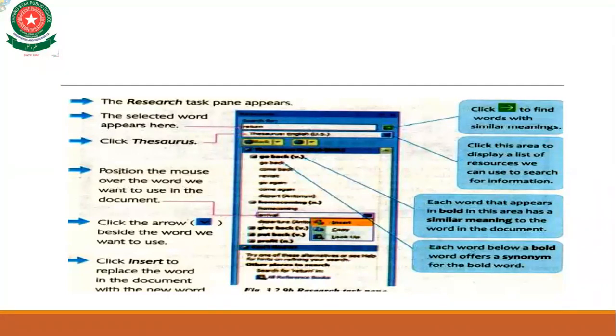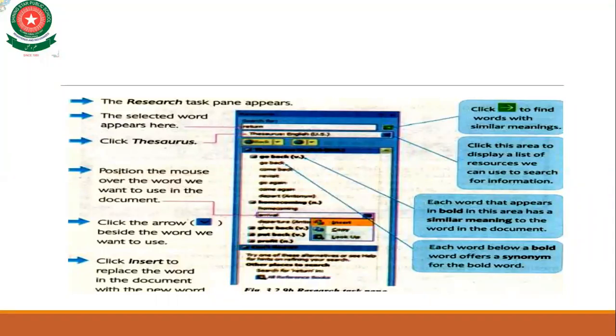Then click Thesaurus. Position the mouse over the word we want to use in the document. Now click the arrow beside the word we want to use. At the end, click Insert to replace the word in the document with the new word.